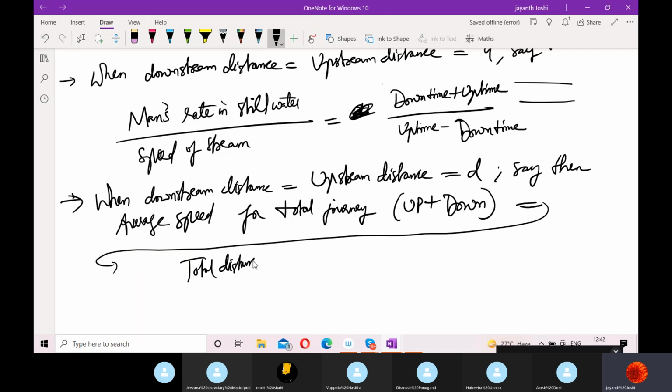Total distance, that is going up and down, that means if it is up 100 meters, down 100 meters, it will be 200, that means 2 into d, because d is 100, so 2 times 100 would be 200. Okay, so total distance 2d divided by total time